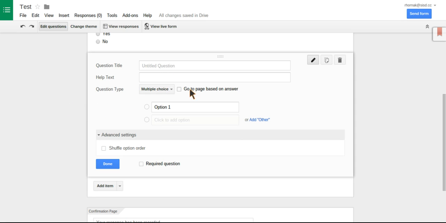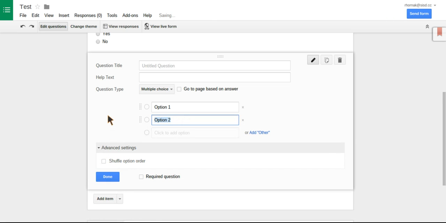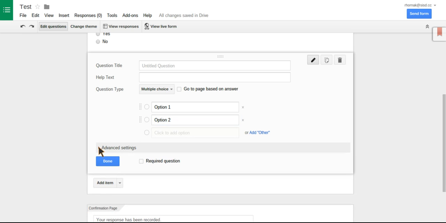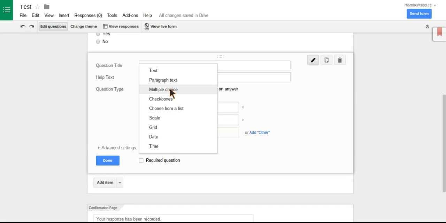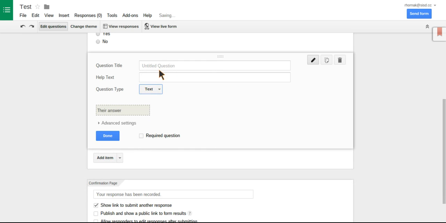When you are in question setting like this, such as multiple choice, you have advanced settings. You can shuffle the order of the multiple choice responses during a test or quiz if this is selected. Another advanced setting that is an option, if you have text selected, for example, and you want them to respond with their email,